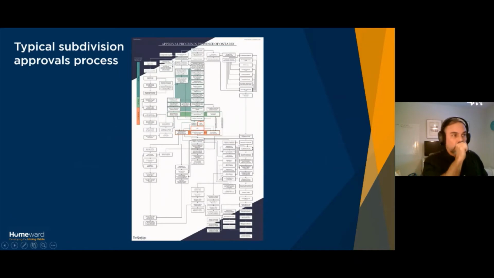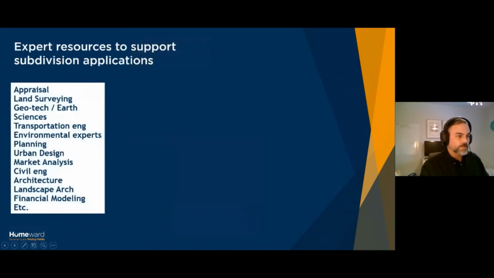So what we see here is a typical subdivision approvals process. I don't expect you to be able to read these boxes. Just note that there's 109 of them, right? Very, very complex process it takes just to do a standard subdivision, which will then allow houses to be built on those lots. And if we look at the experts that are involved in that, and we list them all out,